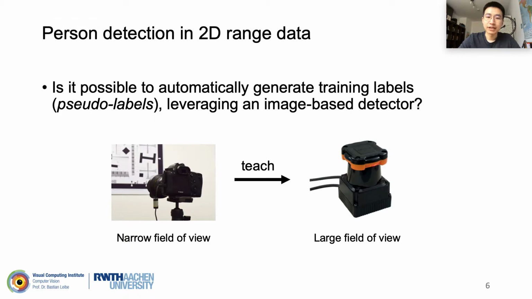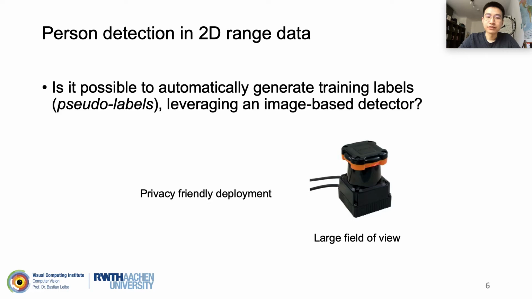Or for some applications, privacy is a concern. In those cases, we can have an initial training period with a camera attached to the robot and remove it for the actual deployment. The robot will still have person detection capability. So the short answer to this question is yes, we can generate such pseudolabels,